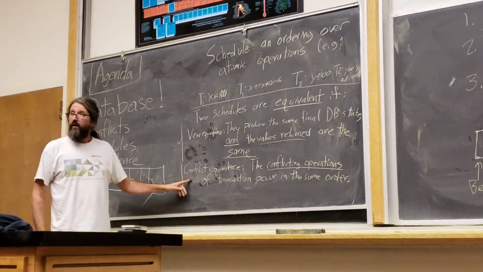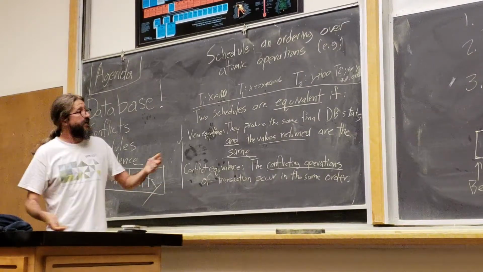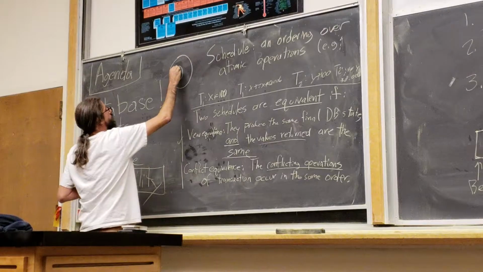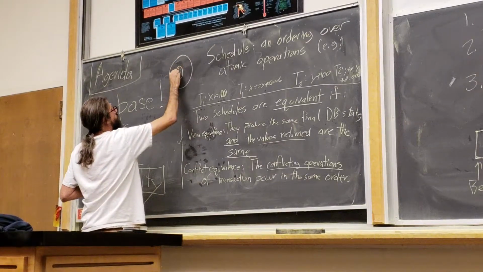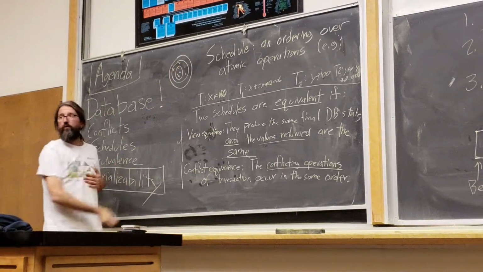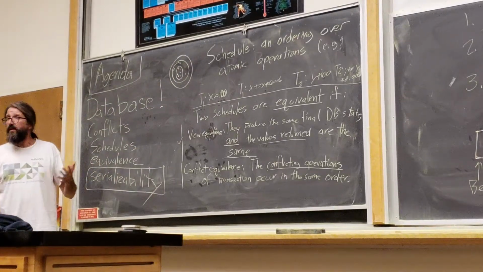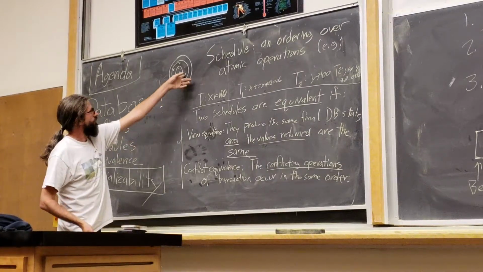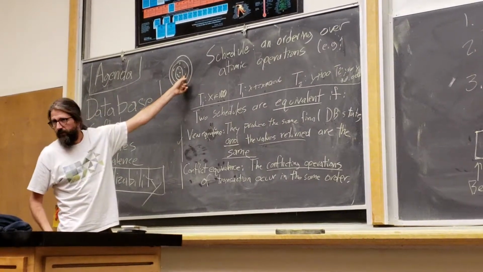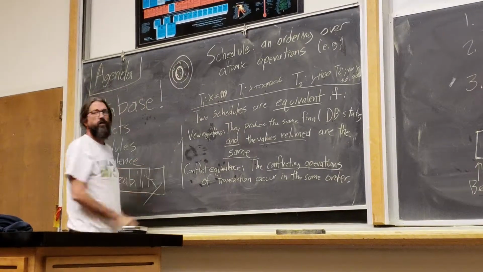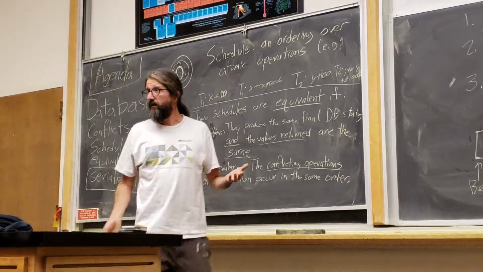It's not harder, it's stricter. Here are the conflict equivalent schedules. Here are the view equivalent schedules. They admit a few more schedules. Admitting more schedules would be good, it's more flexibility. It's just that you might run forever trying to figure out whether two schedules are equivalent out here. So we do the computationally tractable thing, even though it means ruling out some possibly fine schedules.